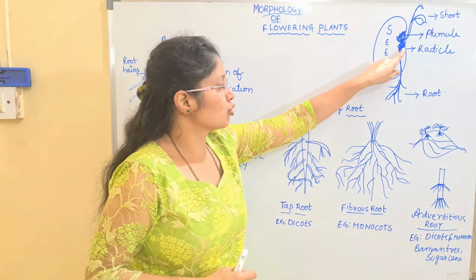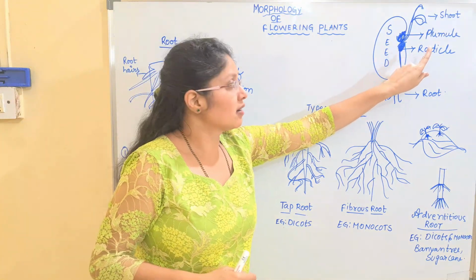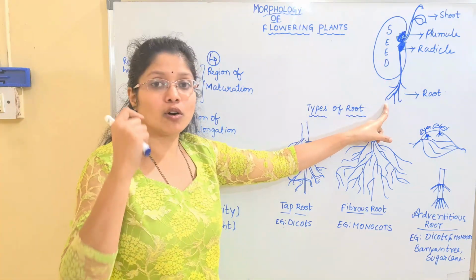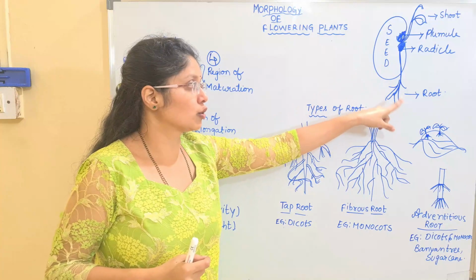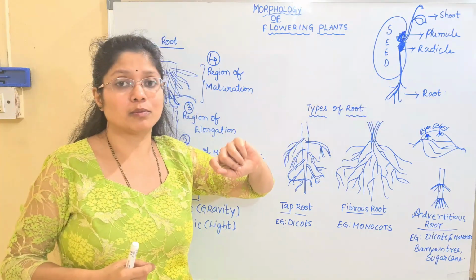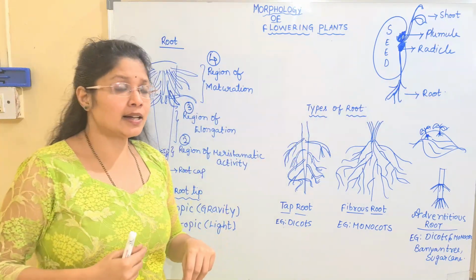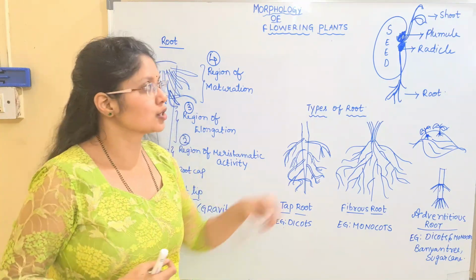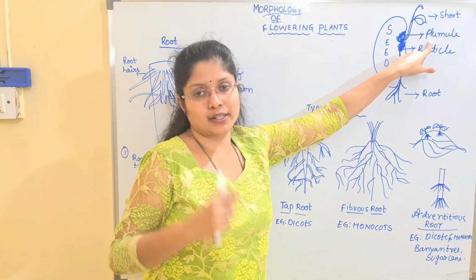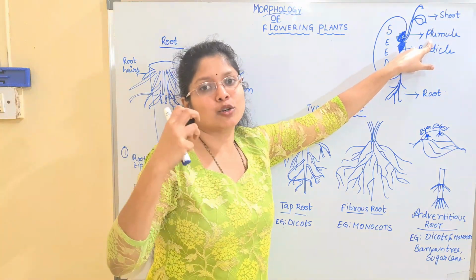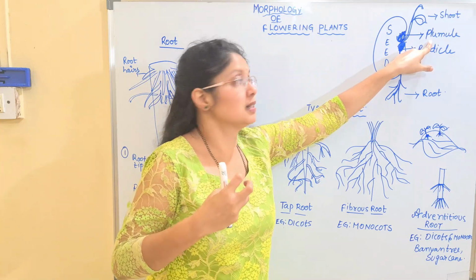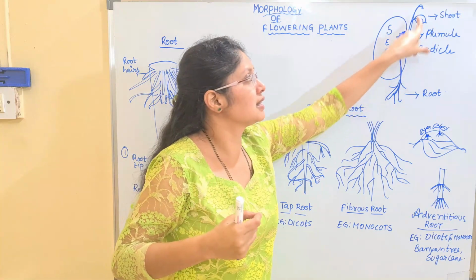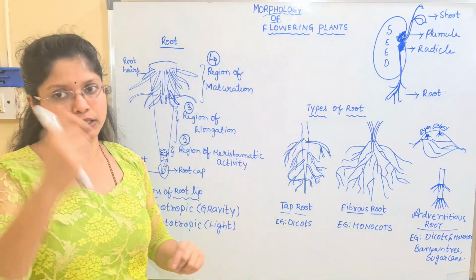So look at the structure. Below you have a radicle, and from this radicle we will see the production of the root system. Root along with the root hairs are generally produced from the radicle region. Above the radicle, the seed contains another structure or tissue which is known as plumule. What is it known as? Plumule. There is a group of cells, a tissue mass, which is called plumule, and from this region you can see the germination of the shoot along with the leaves.